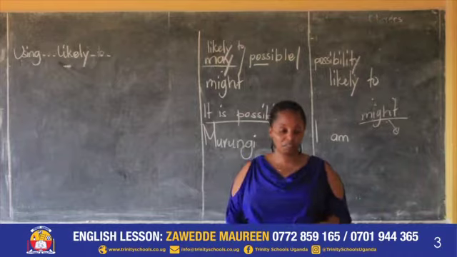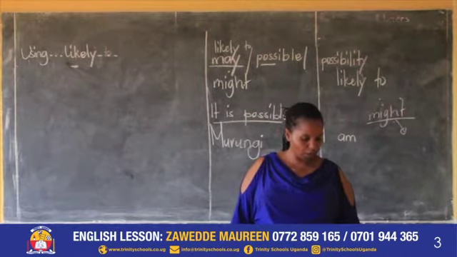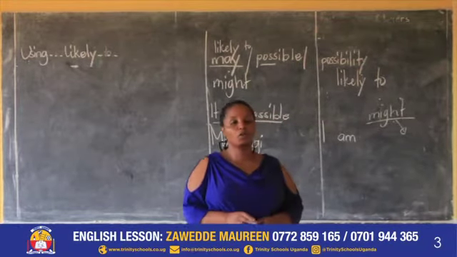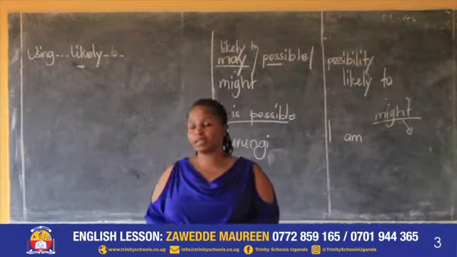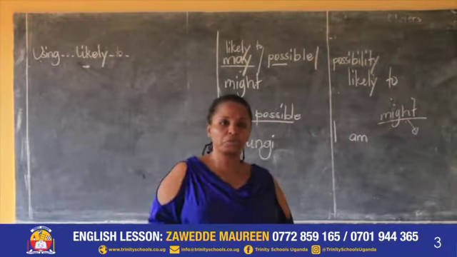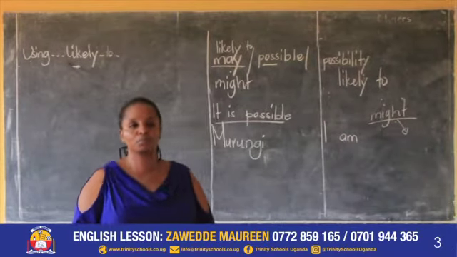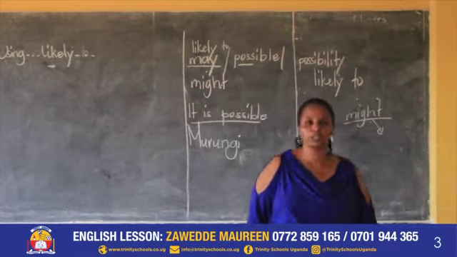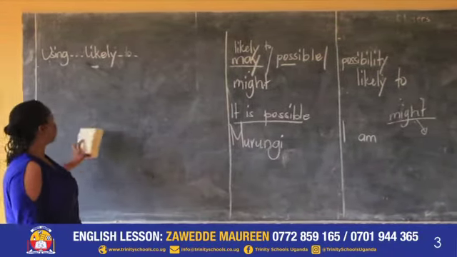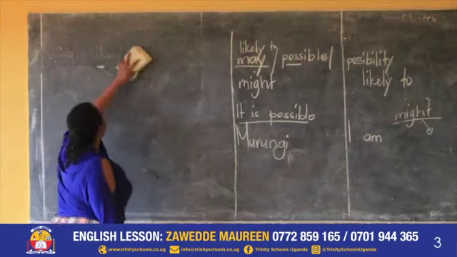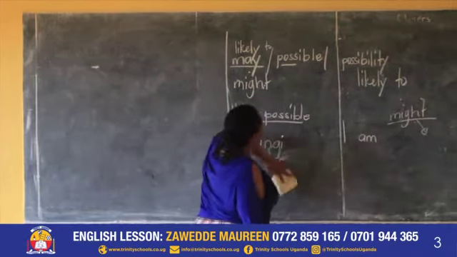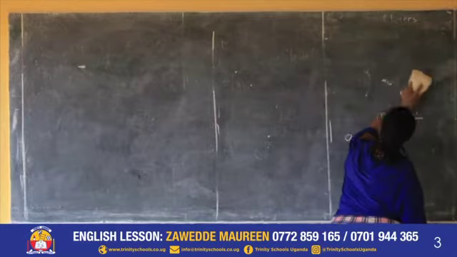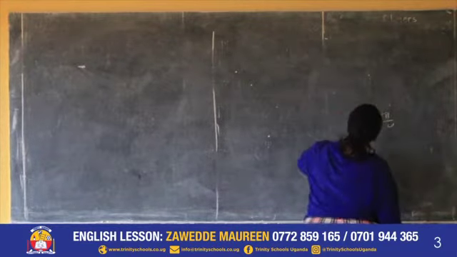You need to be more serious during the lesson such that you get more ticks than crosses. Those who got the whole exercise right, clap hands for yourself. If you failed, you still have a chance to learn more today. So be more attentive today, such that you pick something or you become better than you were in the previous lesson. We are still looking at structures that are going to be of help when we are into real writing